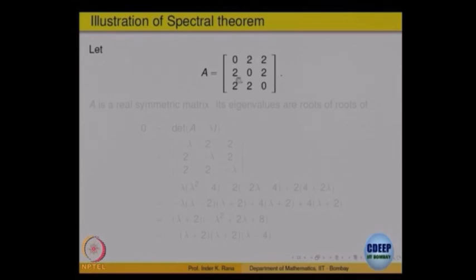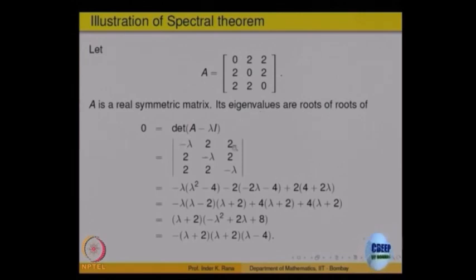Look at A minus lambda I. So, 0 minus lambda, 0 minus lambda; along the diagonal it will become minus lambda. Expand that 3 by 3 determinant and simplify, and it comes out to be minus (lambda plus 2)(lambda plus 2)(lambda minus 4). So, there are 3 factors. That means lambda equal to minus 2 is repeated, it has algebraic multiplicity 2, and lambda equal to 4 has algebraic multiplicity 1.